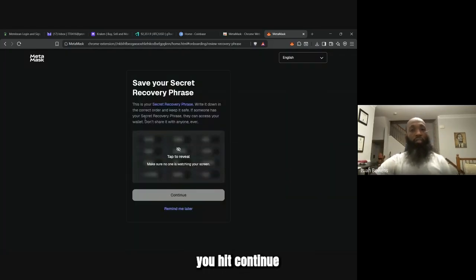Right, so next, after you hit continue and you put your password in, it's going to tell you to save your secret recovery phrases. Now, these are the 12 words that I told you that they will tell you, right? So you can do a couple different things. You can take it out. When you tap this to reveal, you can write them all down, say what it is for, put it somewhere safe. You can take a screenshot, print it out, or you can take a screenshot, put it on your computer, and then print it out later. It's really up to you, but these are the ways that you can get into